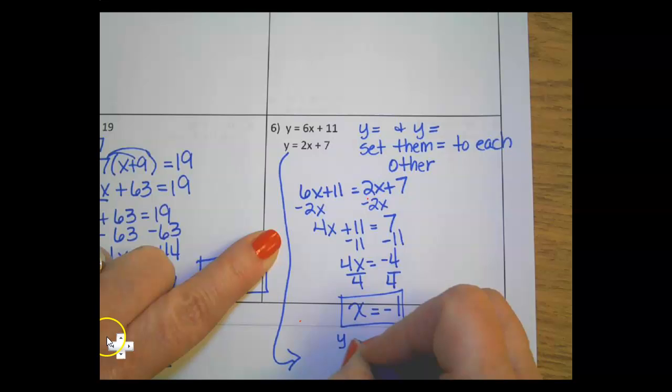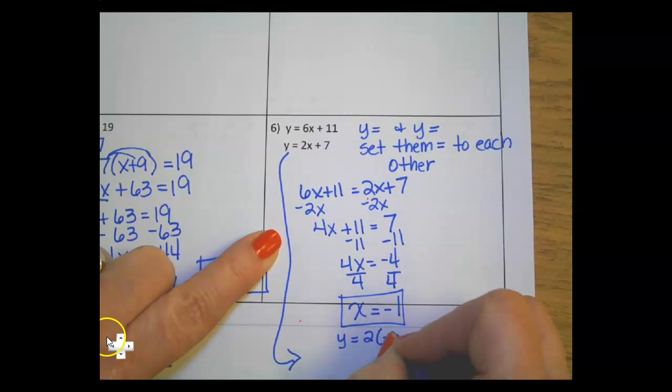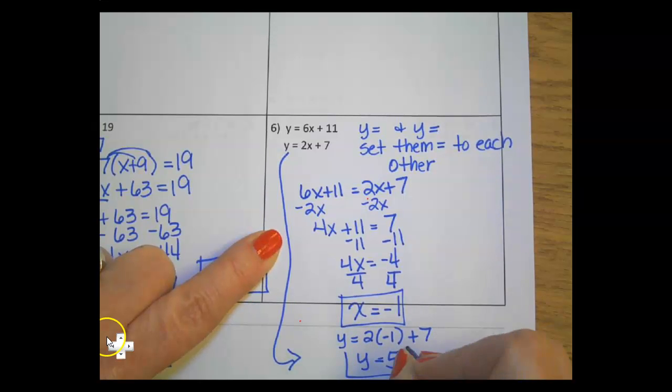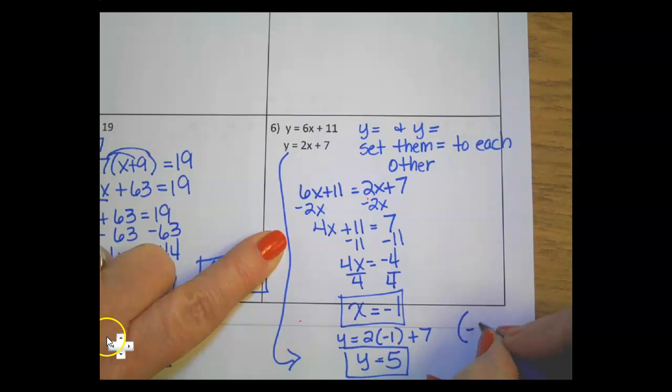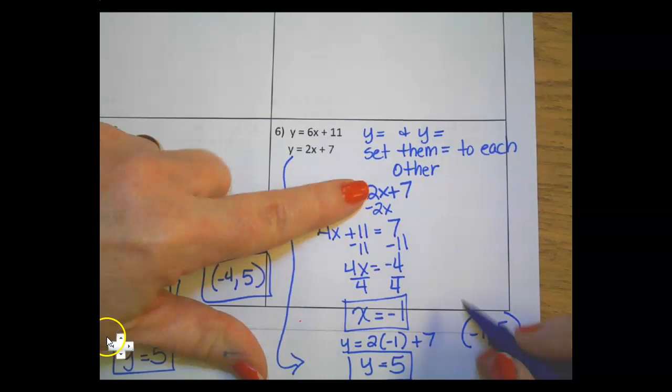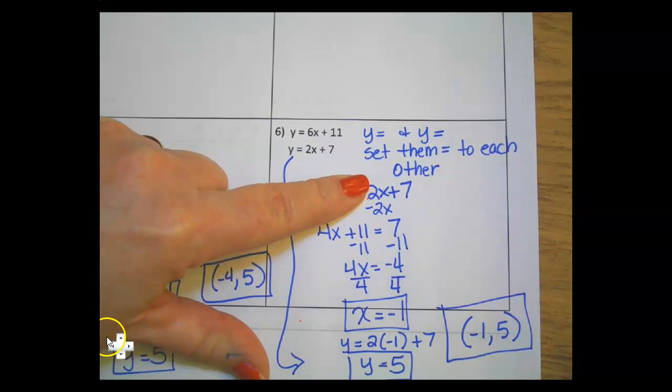So my y is equal to 2 times that x value of negative 1 plus 7. 2 times negative 1 is negative 2. Negative 2 plus 7 is a positive 5. So my ordered pair, or the solution to both of those equations where they would meet or cross if you graphed them, would be negative 1